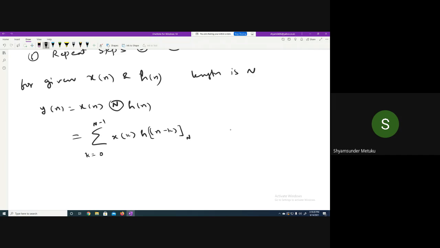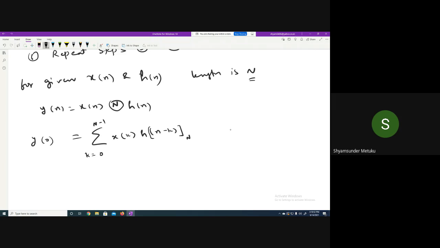It was minus infinity to infinity. Now it is 0 to N minus 1, because what is the length of x of n? Is it not N? So this x of k will have samples from 0 to N minus 1, no? Because in step 1 you perform the change of axis from n to k, so you get x of k. Whatever length x of n has, x of k will also have the same. So 0 to N minus 1 only we should write. The remaining is all simple.